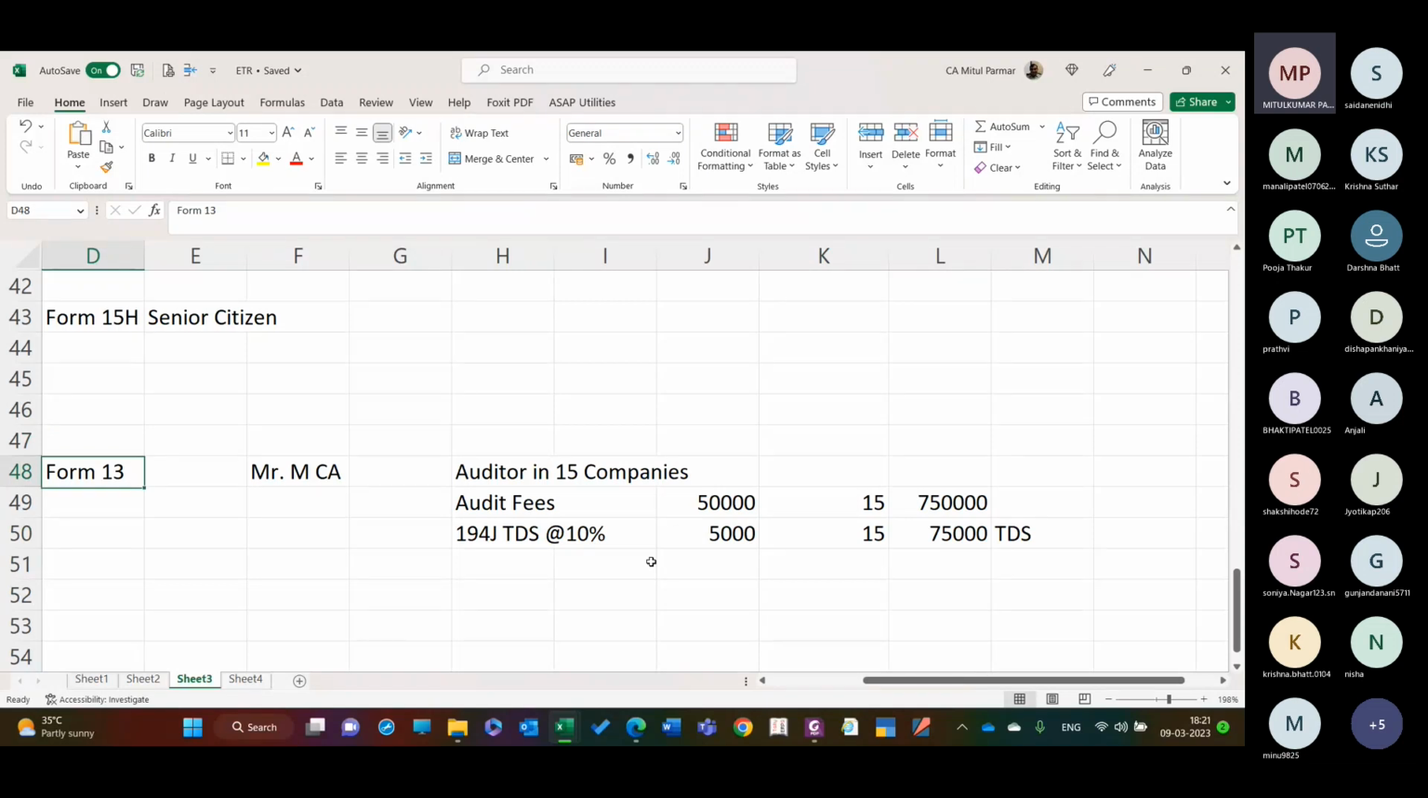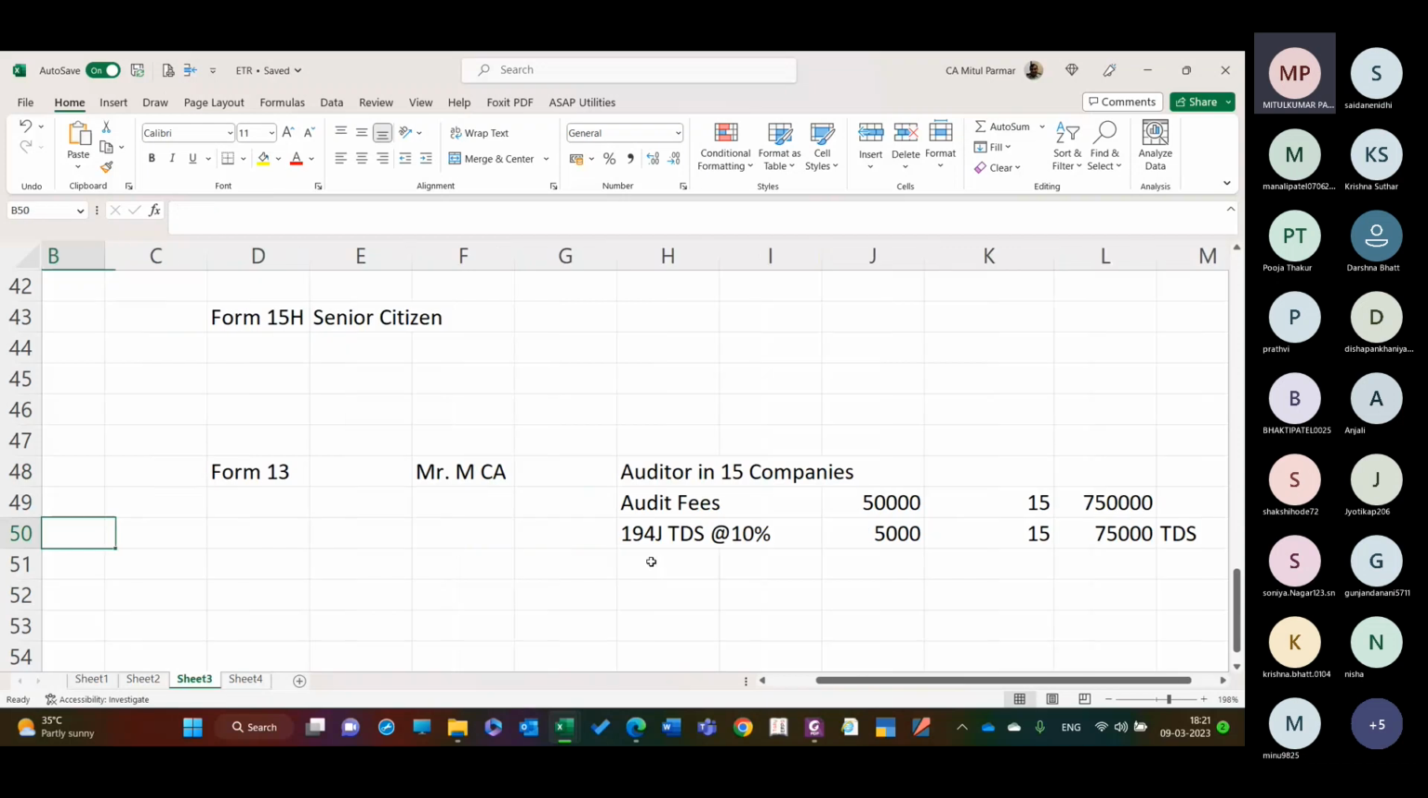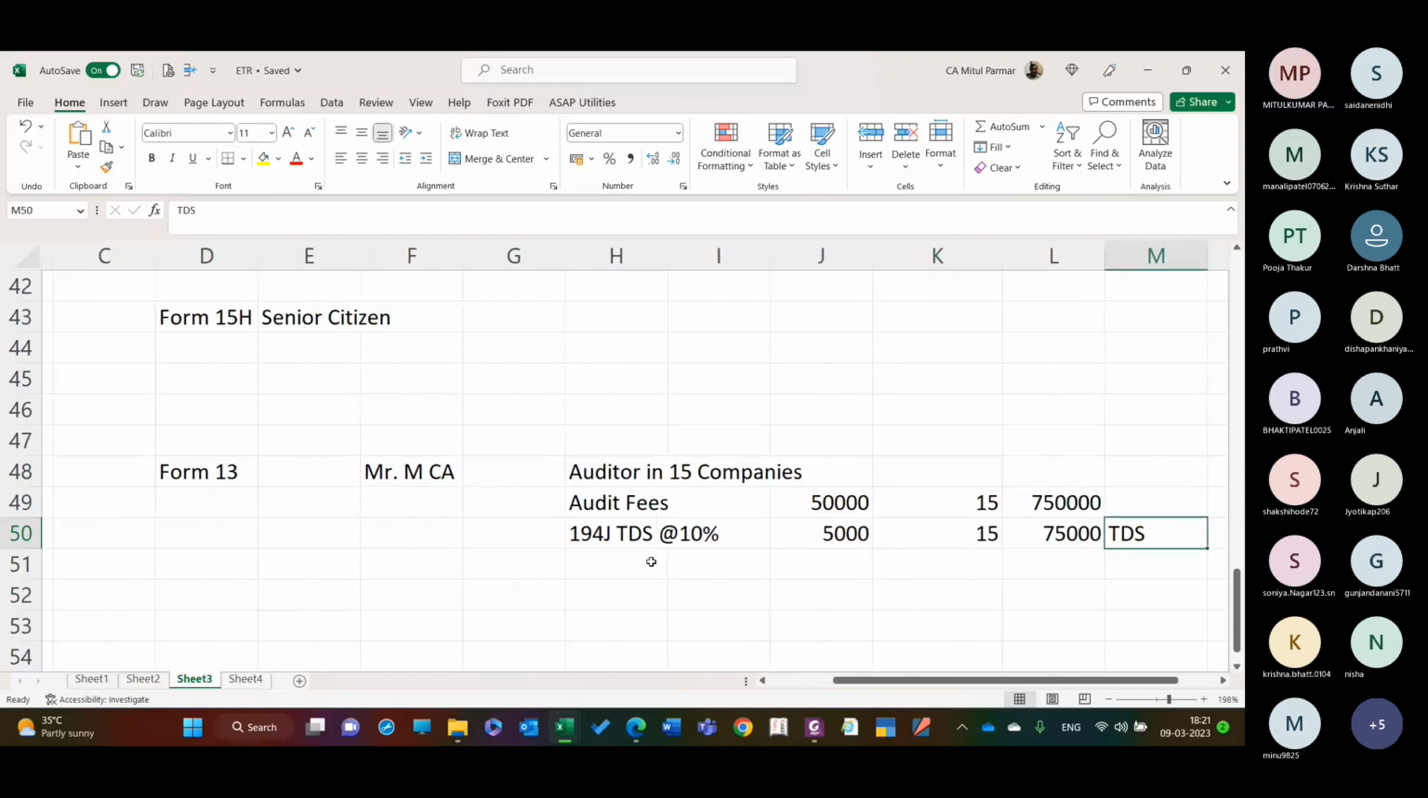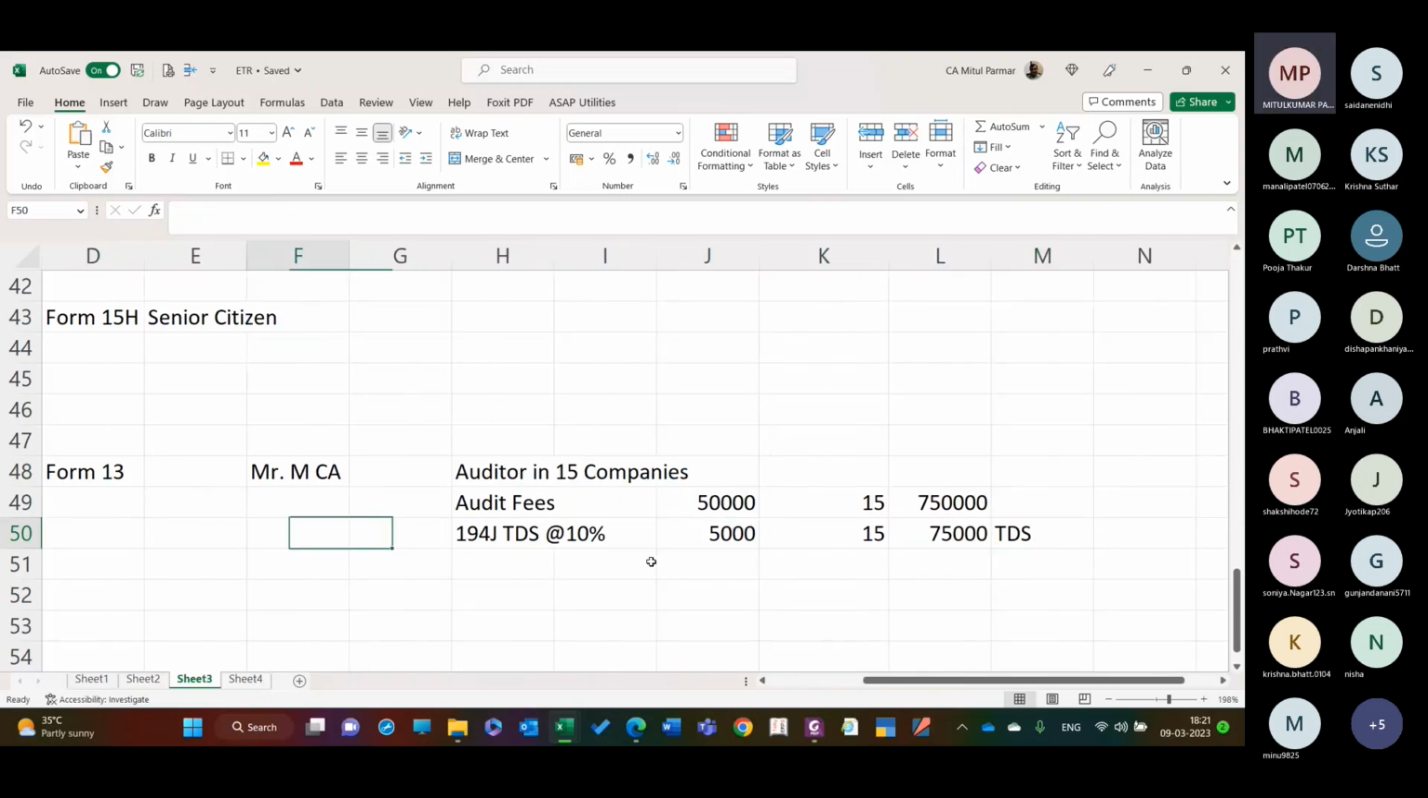Under Form number 13, we can make an application to the assessing officer. So इनकम टैक्स डिपार्टमेंट के अंदर जो असेसिंग ऑफिसर है उसको assessee Form number 13 submit करेगा और उसके अंदर